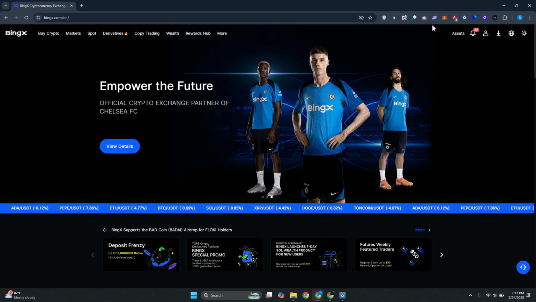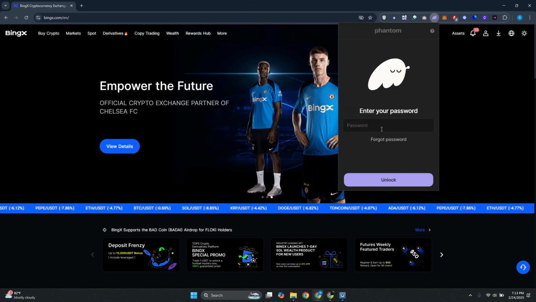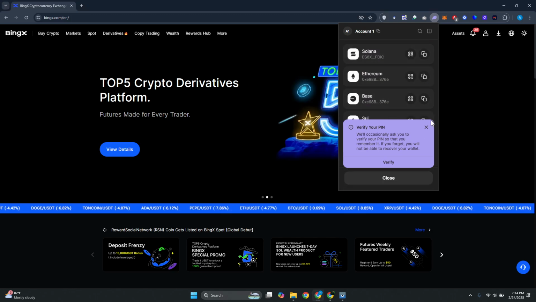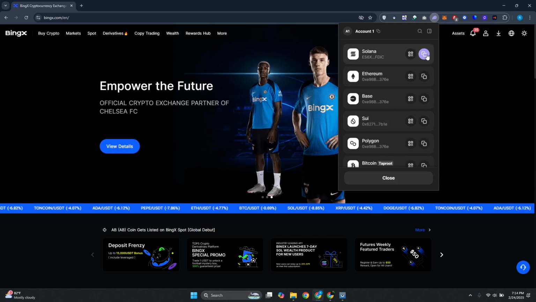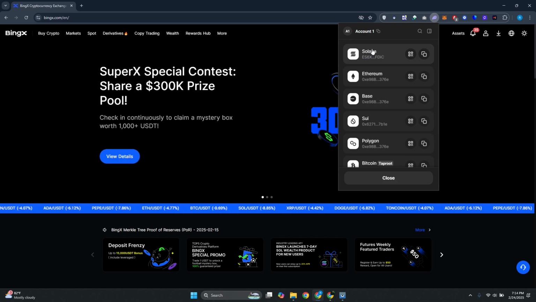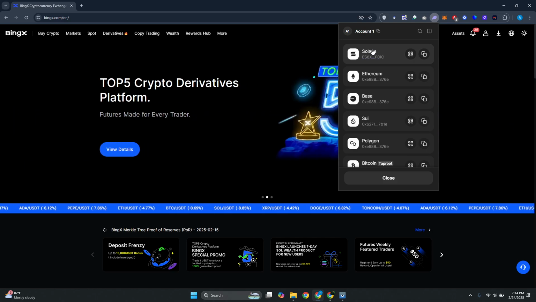So, at the top right here, let's go and access our Phantom Wallet. Let's go and enter our password here real quickly. Now, in here, we want to go and choose the receive option, and let's choose our Solana address. Just to give you some idea, by default, Solana here uses the Solana network, so that's something you really need to remember. But once you've copied your address here, we now need to go ahead and